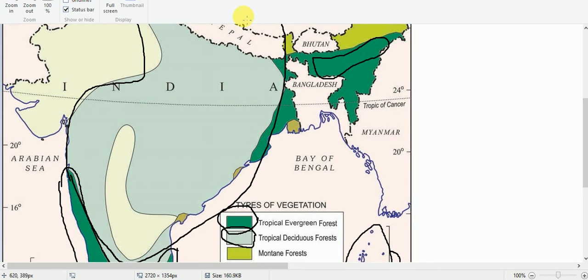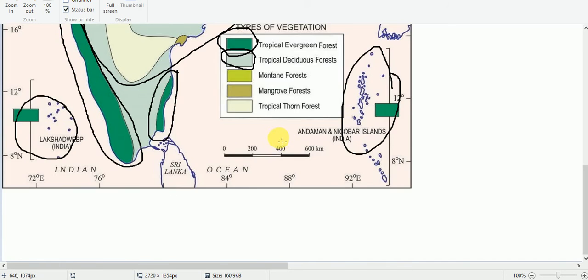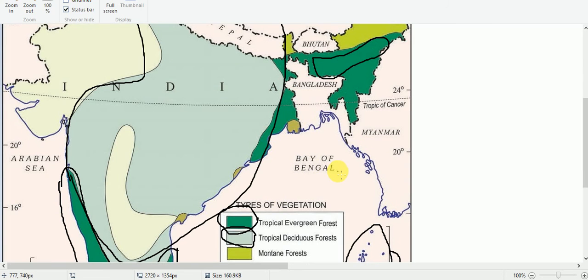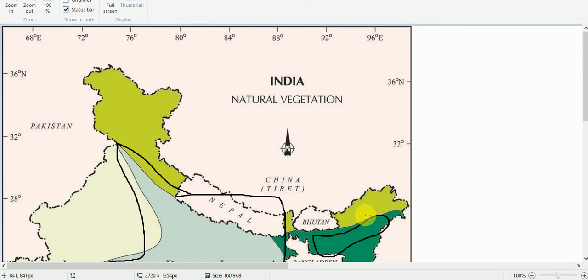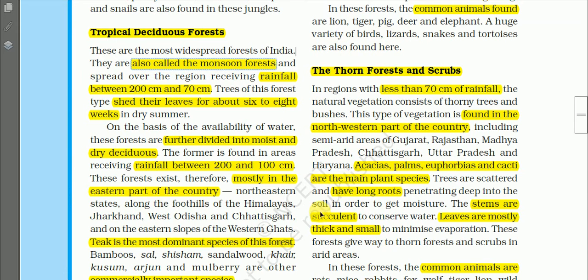That means this is the most widespread forest in India. Tropical deciduous forest is the most widespread forest, and hence it is also known as monsoon type of forest, monsoon forest,